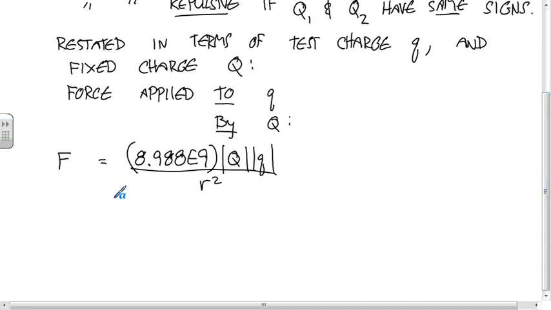And this force is toward the fixed charge